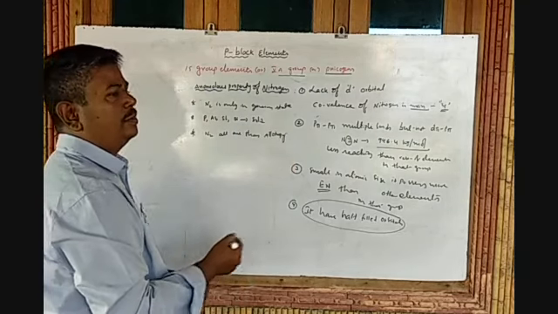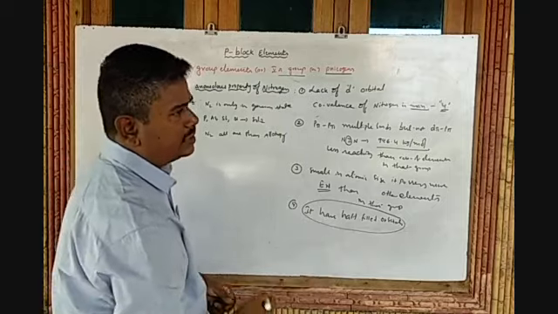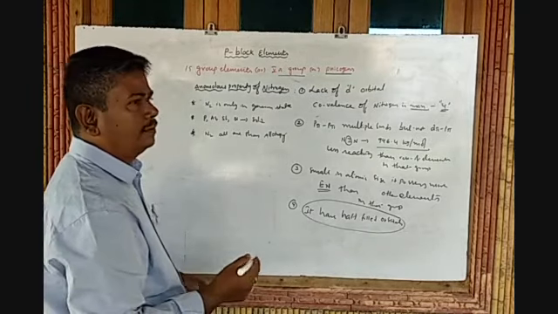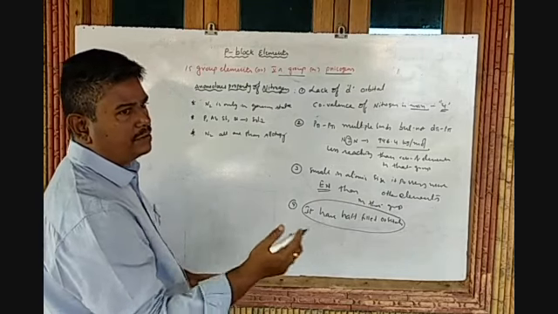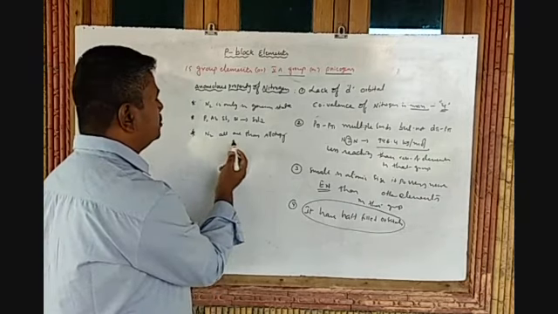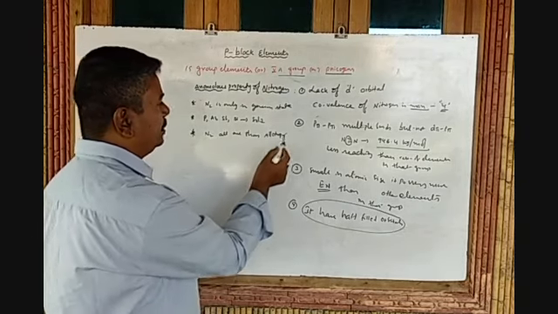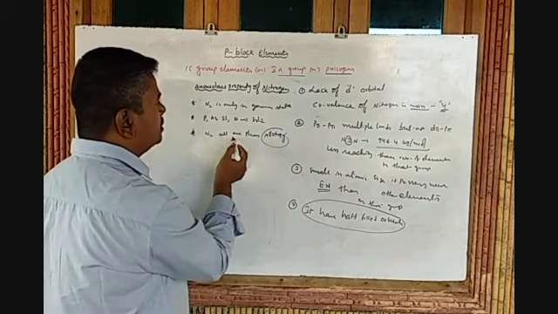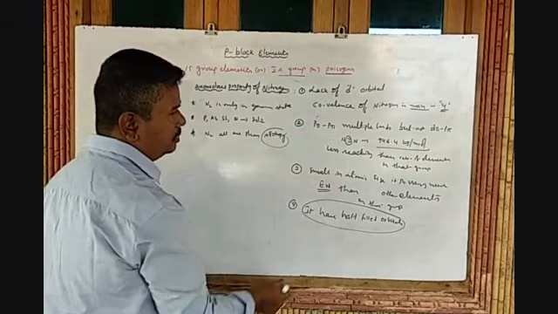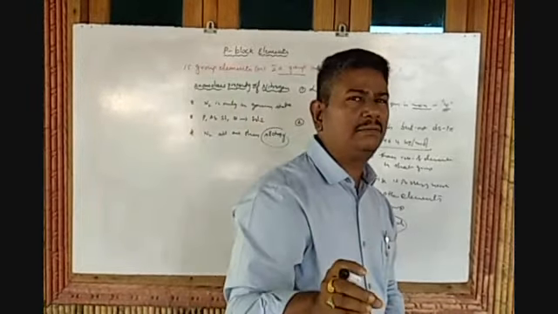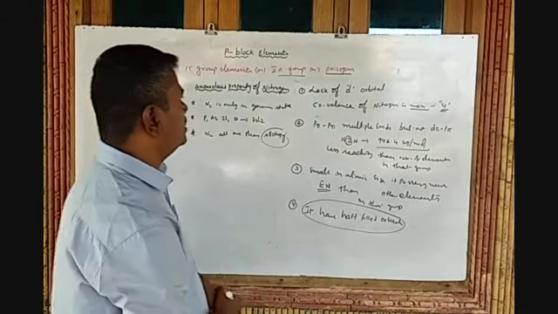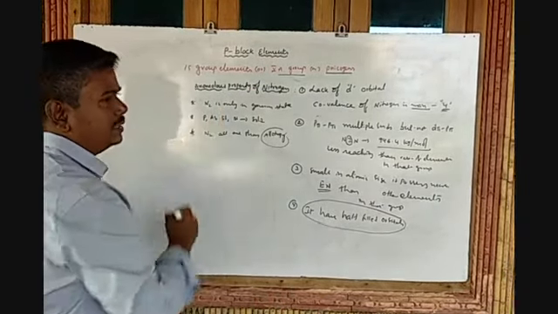Which one? Allotropy. Allotropy, we have already studied in first year. Allotropy means having different physical forms with the same chemical properties. So except nitrogen, the remaining elements show allotropy. So all these properties are due to the abnormal properties of nitrogen. So nitrogen can exhibit different properties than the rest of the elements in that particular group. Such a thing is called anomalous property or anomalous behavior of nitrogen.